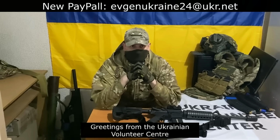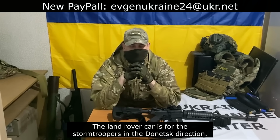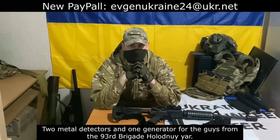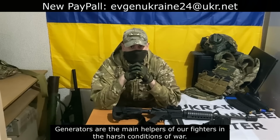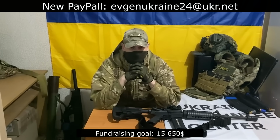Good afternoon, greetings from the Ukrainian Volunteer Center. Today we are announcing a new fundraising. The Land Rover car for the Stormtrooper in the Donetsk direction. Recently they lost the vehicle during the last artillery attack. 2 metal detectors and 1 generator for the guys from the 93 Brigade Kholodny Yar. Generators are the main helpers of our fighters in the harsh conditions of war. We also need 1000 liters of GSL fuel for the 3rd separate battalion of the Ukrainian Volunteer Army Volyn. Fundraising goal is